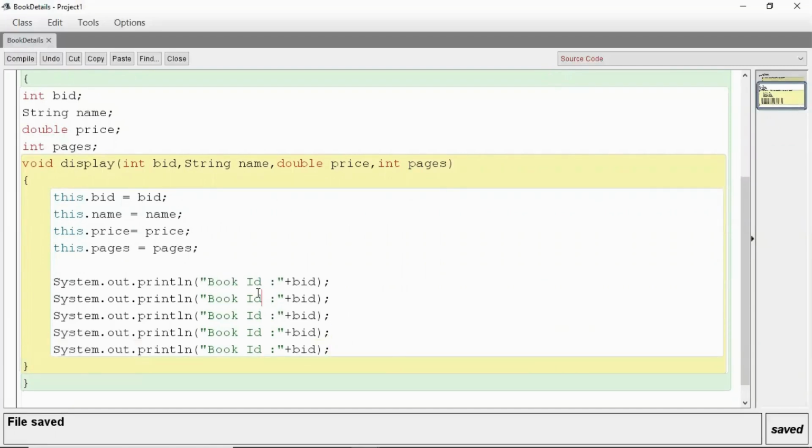So bid, then we have book name, and here I am taking name, then I'm taking price, and then the number of pages. Here I am taking the pages variable, that's all.